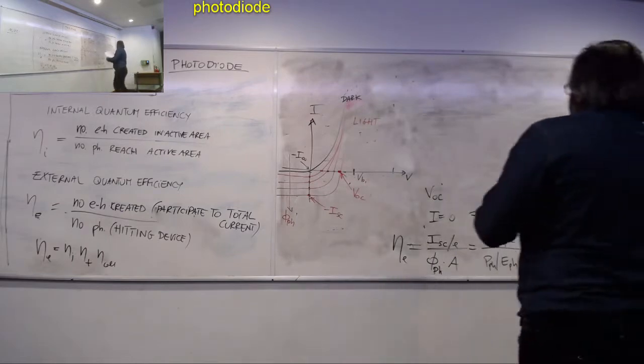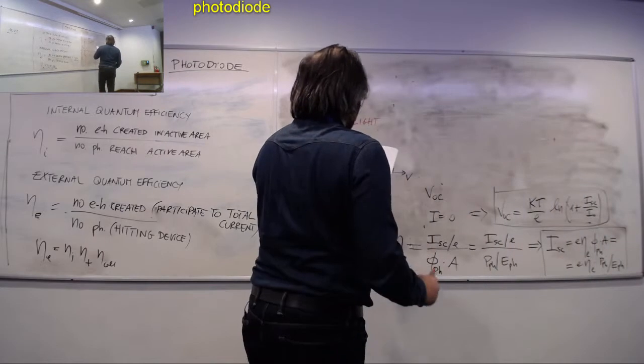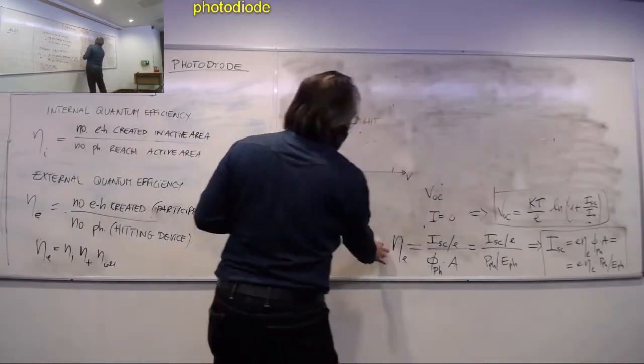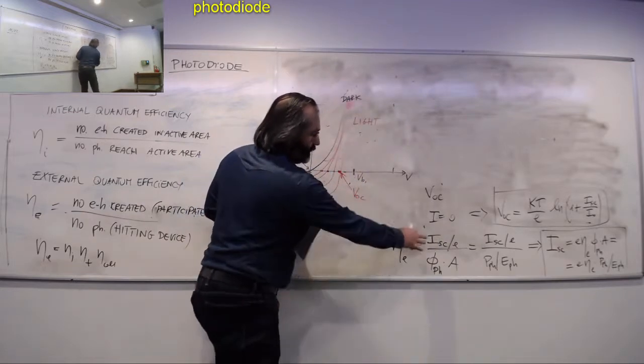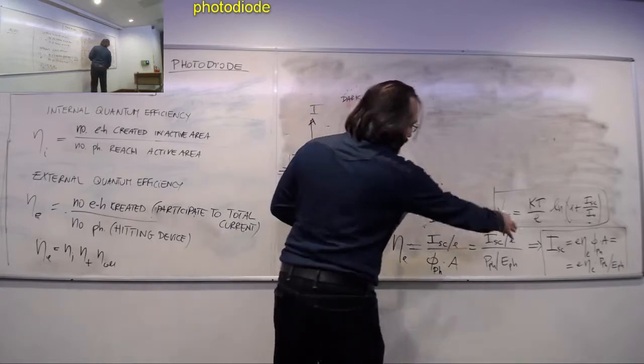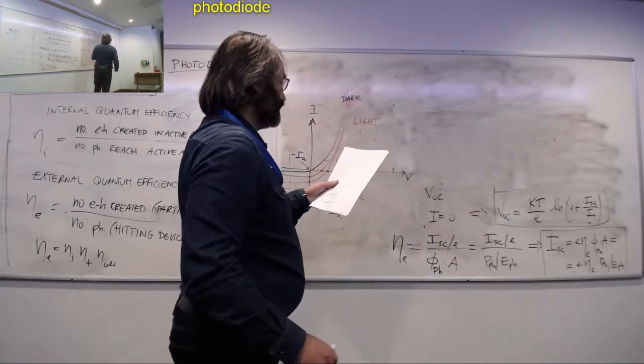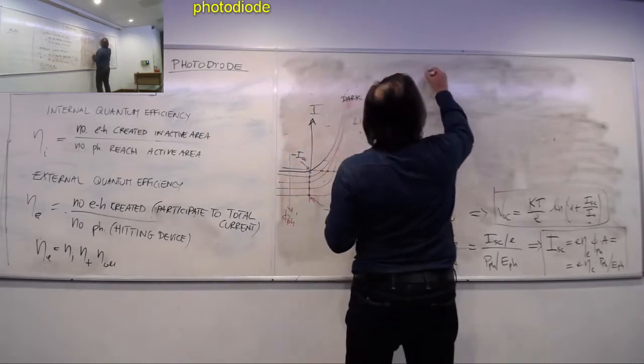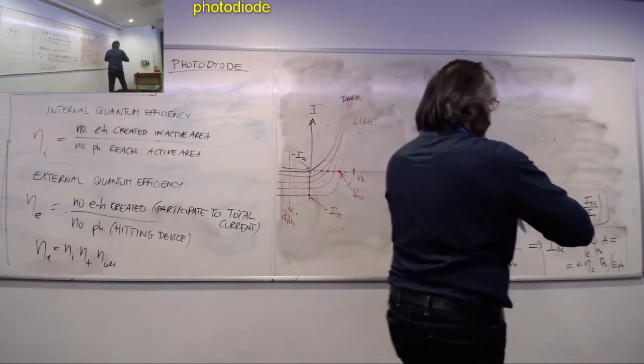So the other important quantity to remember is, so we've looked at the external quantum efficiency, which is related to these quantities in this way. The other quantity that is very important